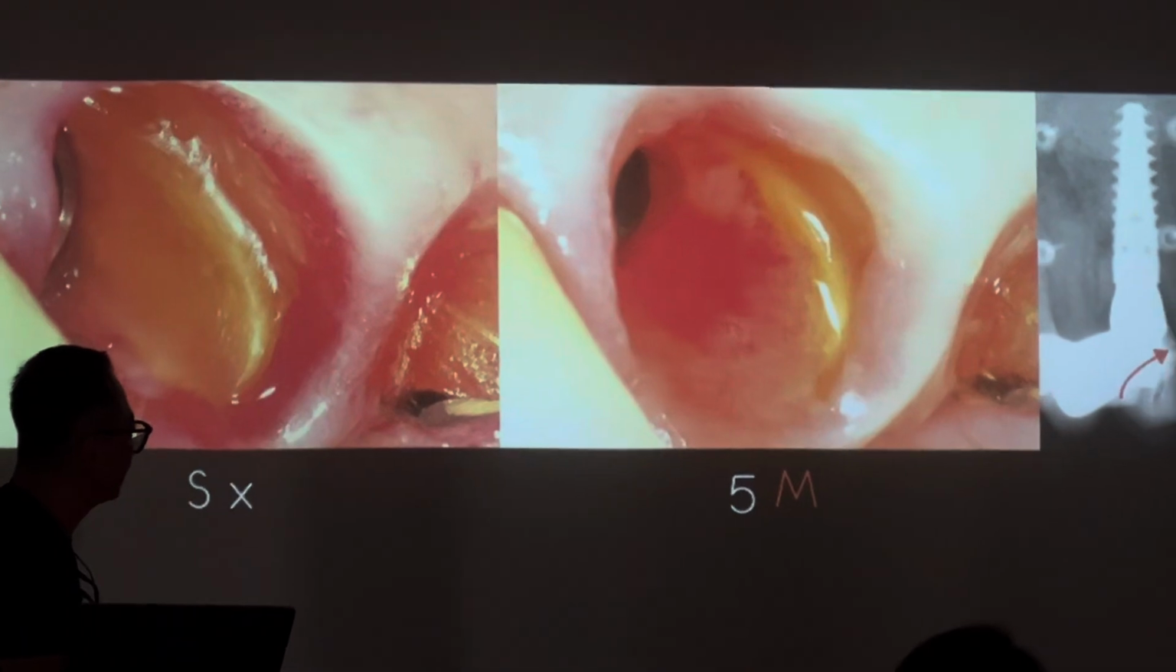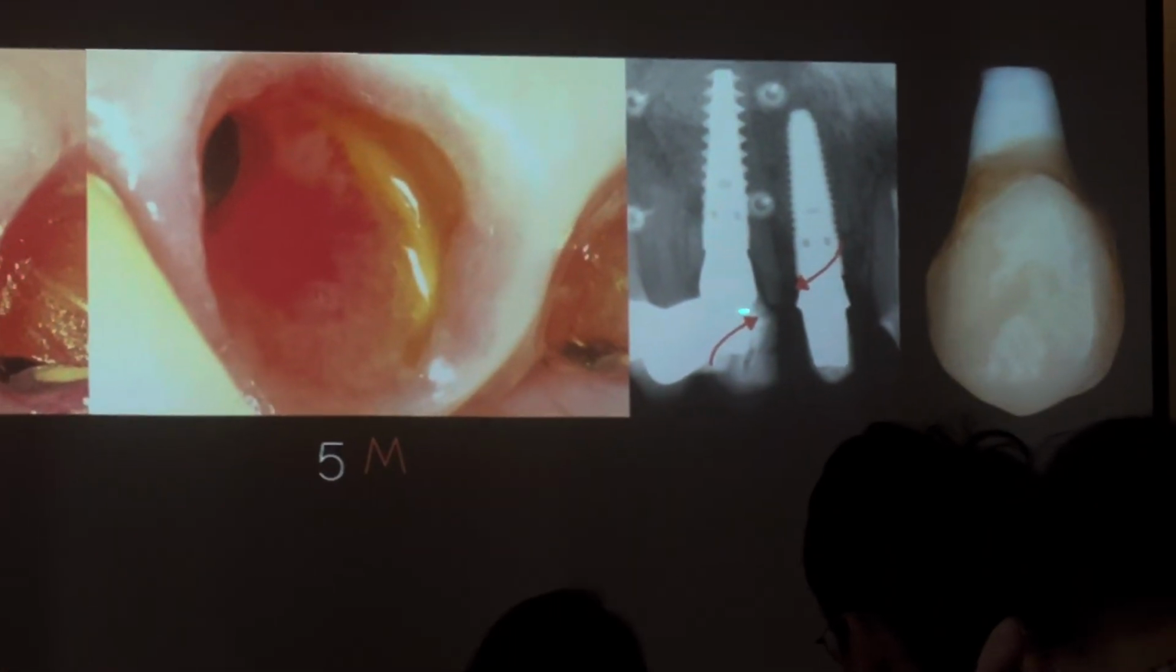So this is the situation, right? I go in there, I remove